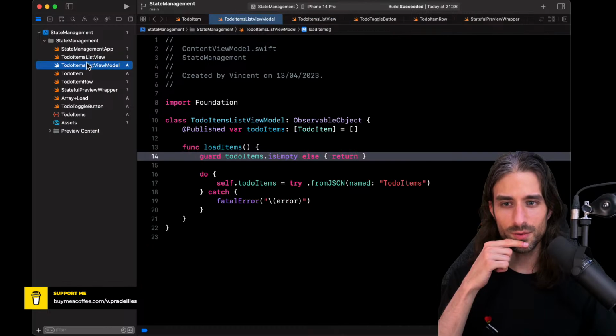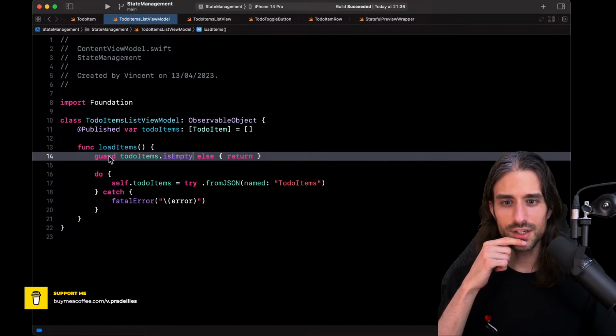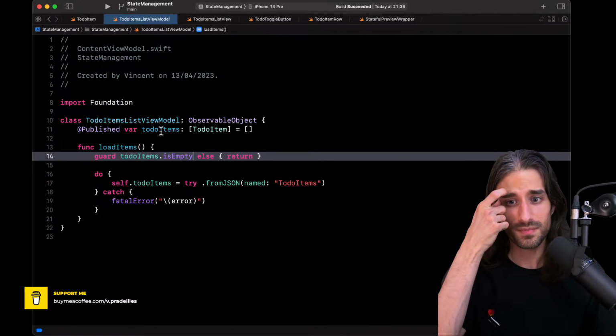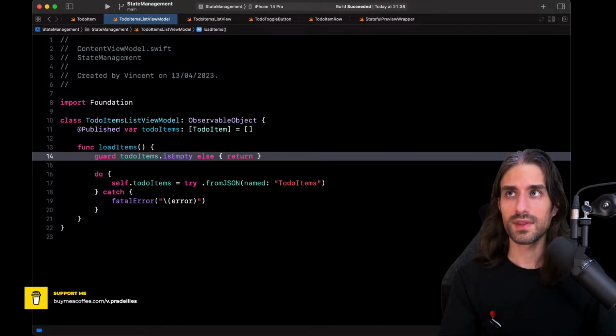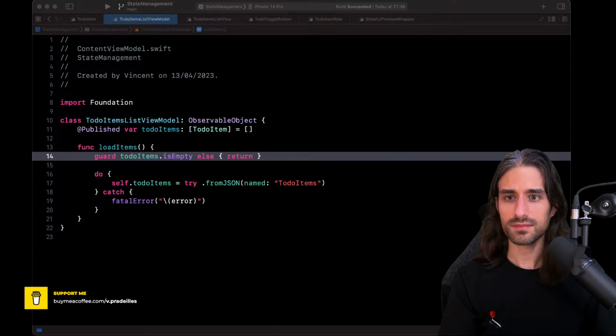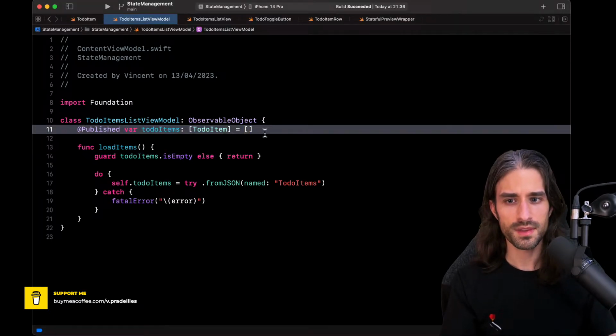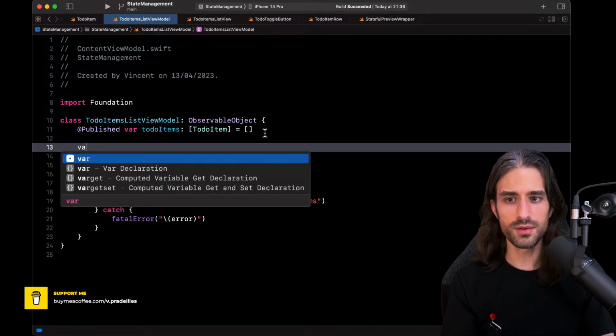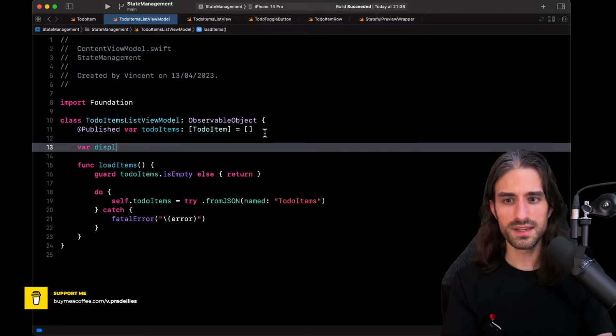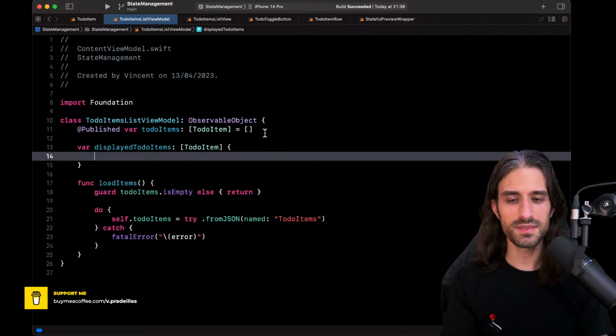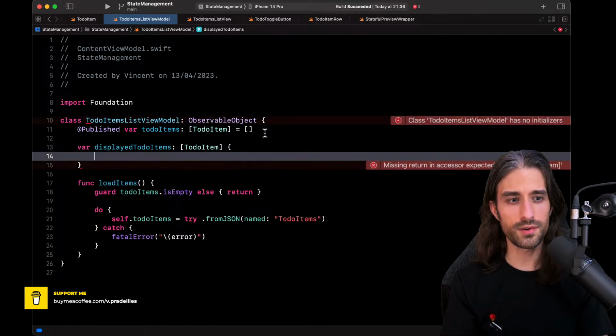I'm trying a different way than what I have in my solution. What we could do is make it so that the view model does have the published property todoItems. However, there is another property, displayedTodoItems. It will also be an array of TodoItem, except that it will be computed dynamically.